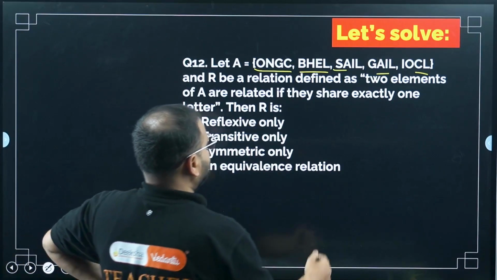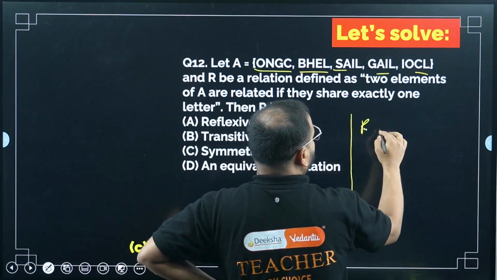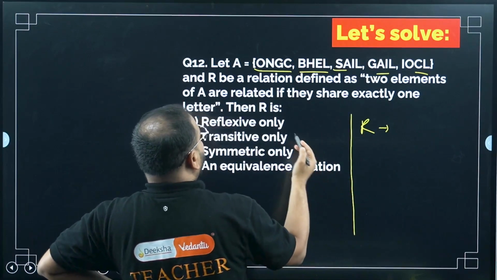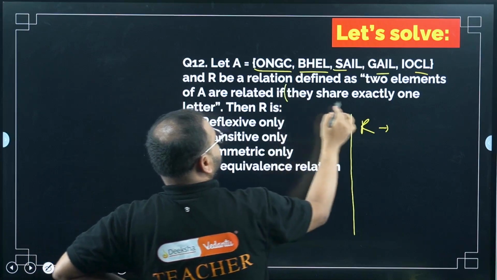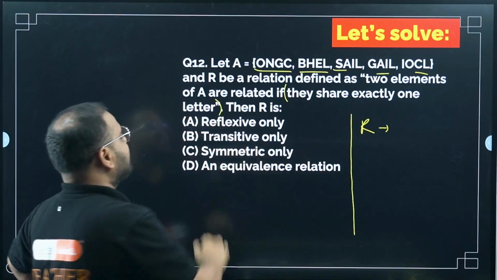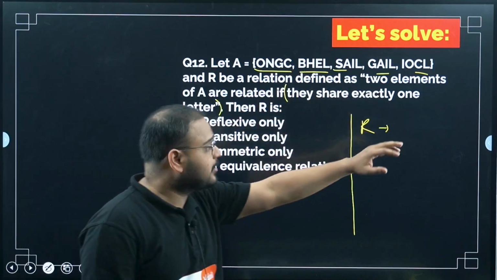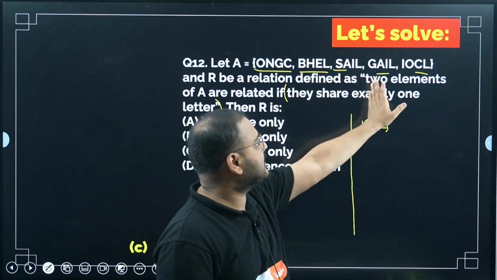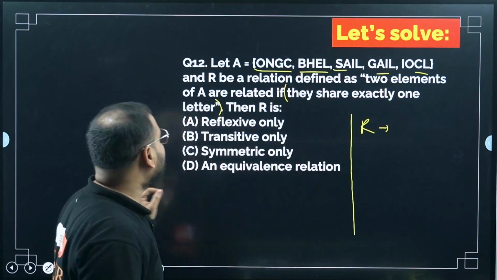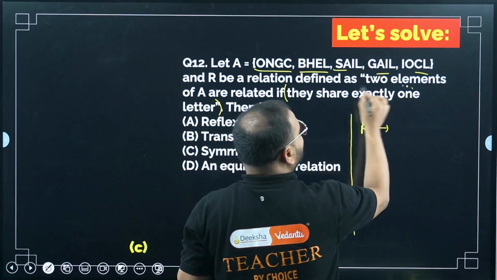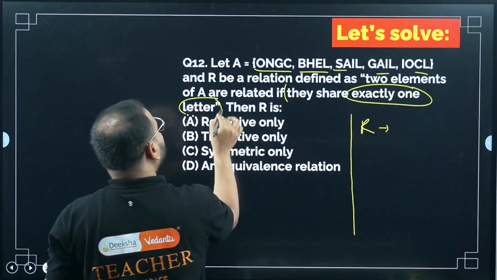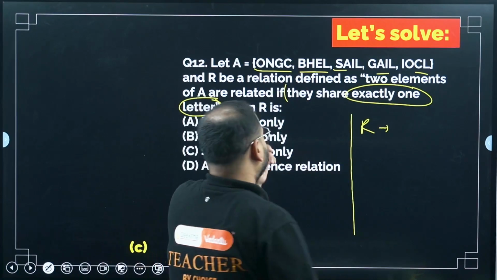What is the relation? The relation has to be understood, no? The relation is that they share exactly one letter. This is the relation. They share means the words written here, ONGC, BHEL, SAIL, GAIL, IOCL, should share exactly one letter. What does the letter mean? Only one alphabet has to be common. So if you look here,